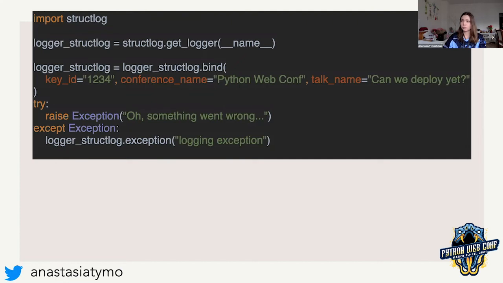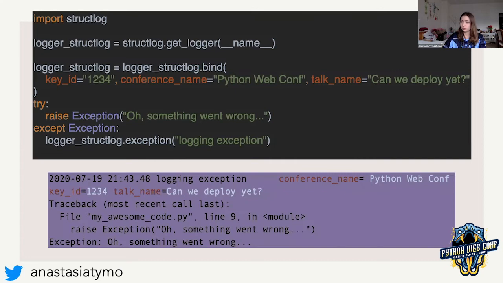but we can actually bind it into our logger. So the bind function will create a new logger instance. You need to assign it back, with this logger having those three key-value pairs already in place. And whenever you log an exception, error, info, or any other level, it will have those three key-value pairs plus anything extra that you write. In our case, it's just a logging exception, some kind of message. And after all, it will have all of the ones we have. And also one trick, there is exception.